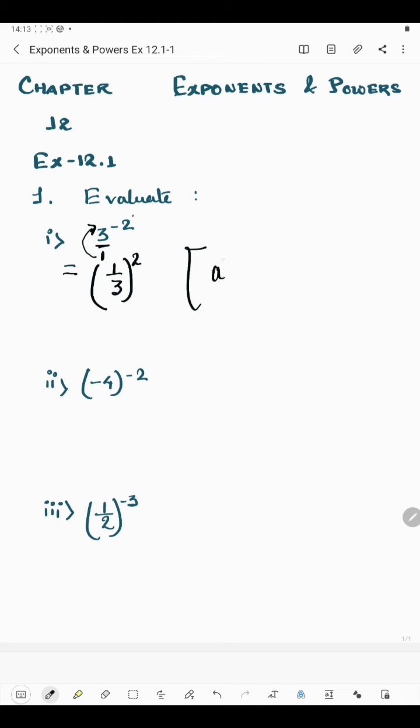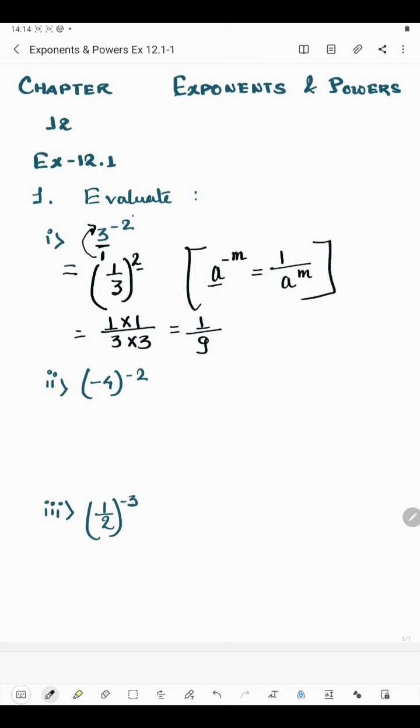According to the law, if the exponent is negative, then we write the base in reciprocal form. So here I wrote 1 by 3 whole to the power 2. This can be written this way also. It is the same: 1 by 3 whole square and 1 by 3 square. Now 1 by 3 whole square means 1 into 1 over 3 into 3, because when the power is 2, we multiply twice. So 1 into 1 is 1 and 3 3s are 9. So to make the exponent positive, we write the base in reciprocal form.